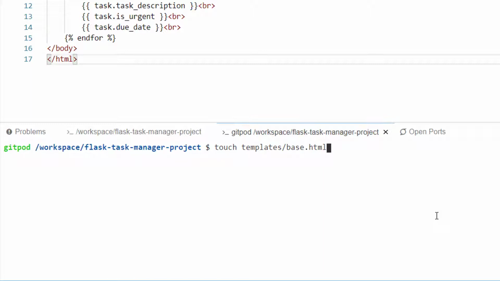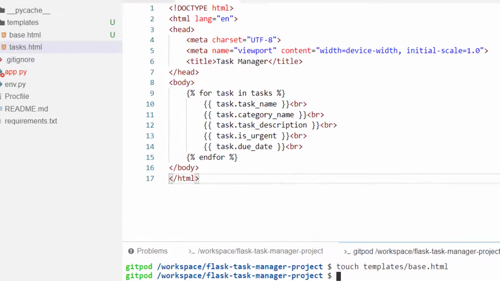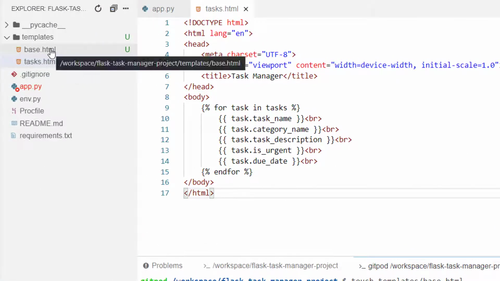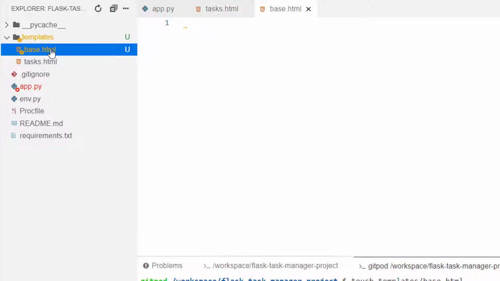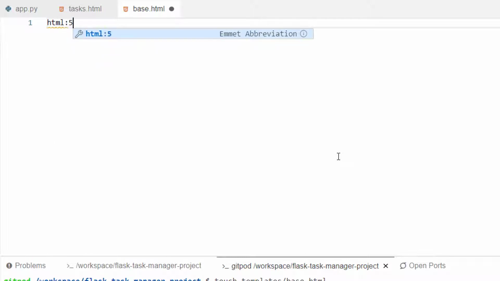To do that, we need to create a new file within the templates directory called base.html. The base template will contain all main references to our external files and third-party libraries for JavaScript and CSS that we'll use across the entire application. Sometimes, though, there will be exceptions to this, and we'll need to add specific functionality only to a child template, which we'll discuss later.